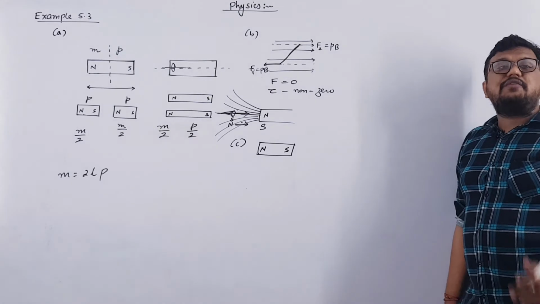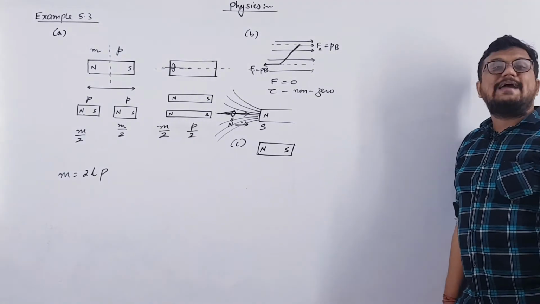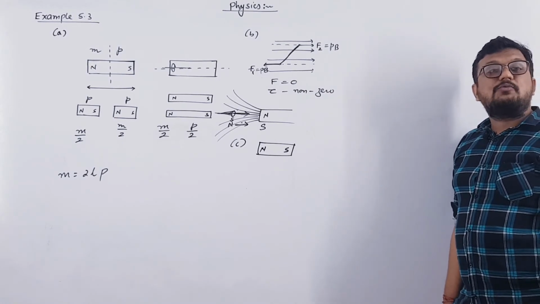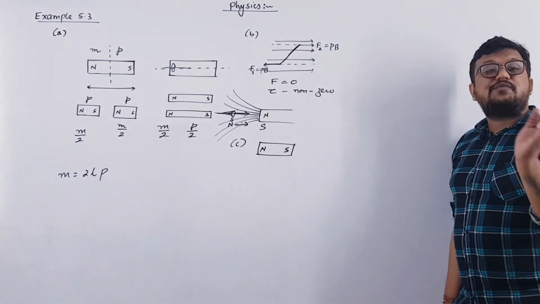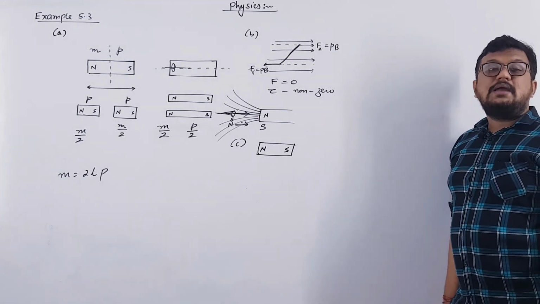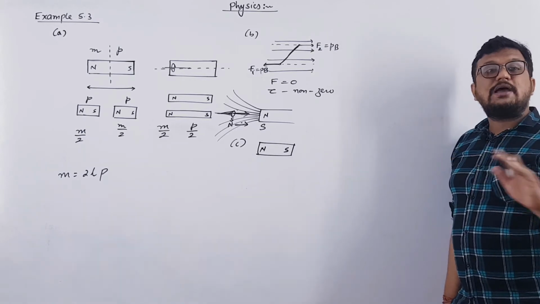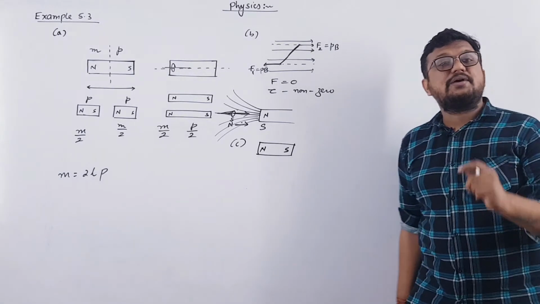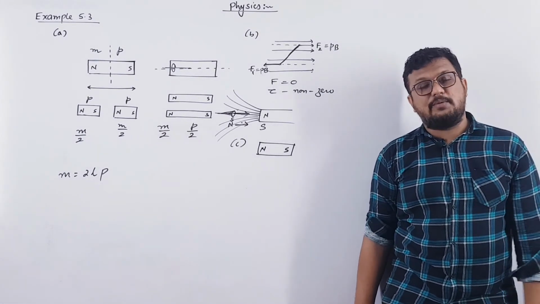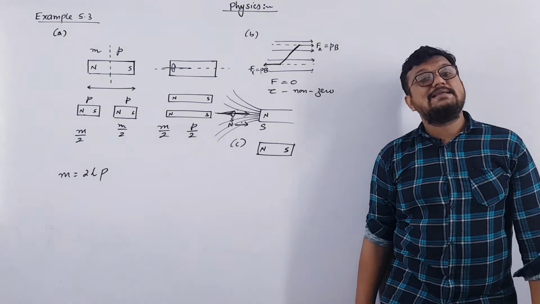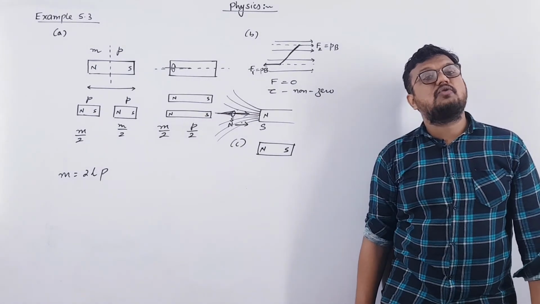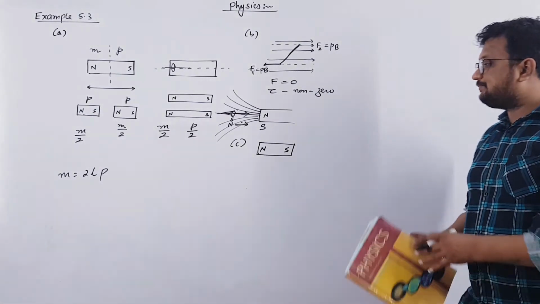On the other hand, if we have a very long, infinitely long current carrying wire, then it will not have a net magnetic dipole moment, and in that case north and south poles will not be there. Same is the case for the toroid. In case of a toroid, there is no net magnetic dipole moment, and hence that magnetic configuration will not have north and south poles. So a magnetic configuration will have north and south poles only when it has a net magnetic dipole moment. If the net magnetic dipole moment is 0, then that configuration will not have north and south poles. Clear?